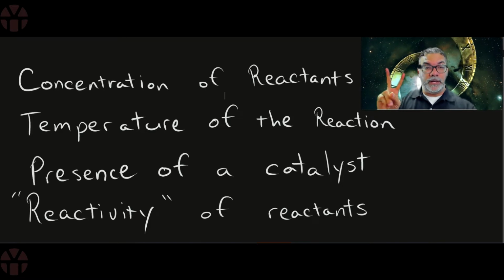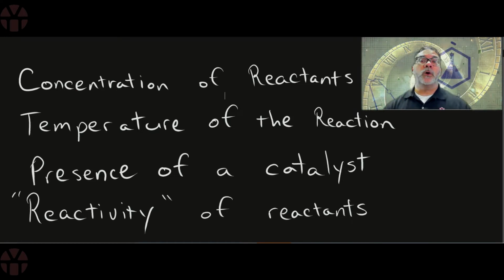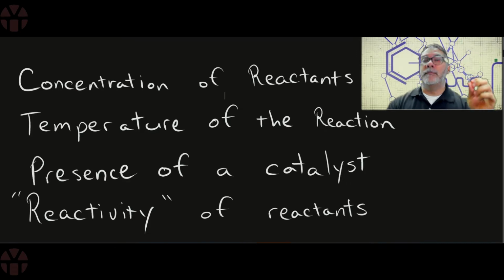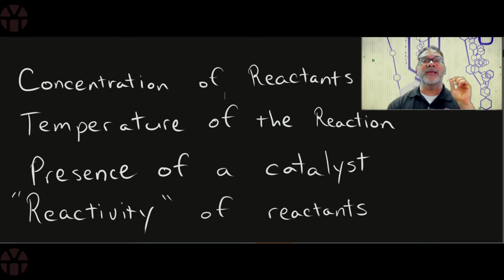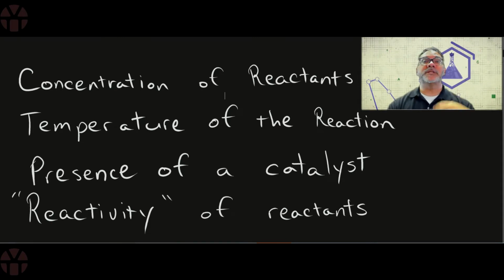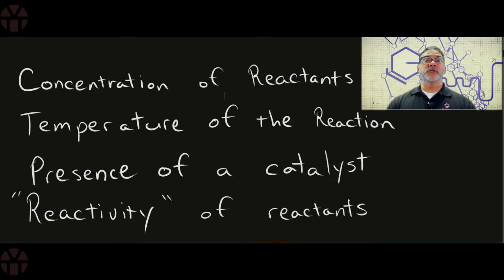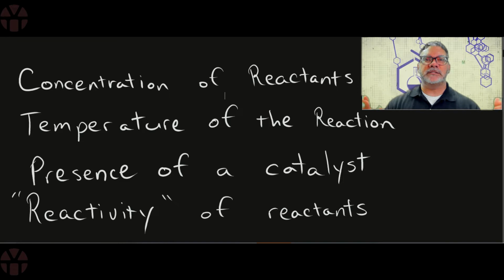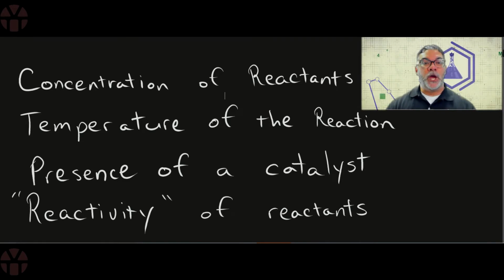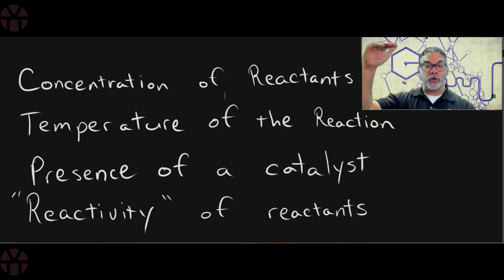The second one is going to be temperature of a reaction. Now, in order to understand this one, we're going to go way back, and we're going to remember the idea of the kinetic molecular theory of matter. The kinetic molecular theory of matter stated that all matter was constantly in motion, and the amount of motion had to do with, in essence, the amount of energy that substance had, or the average kinetic energy, the temperature of the surroundings. So when we talk about the temperature of a reaction, if you increase the temperature,